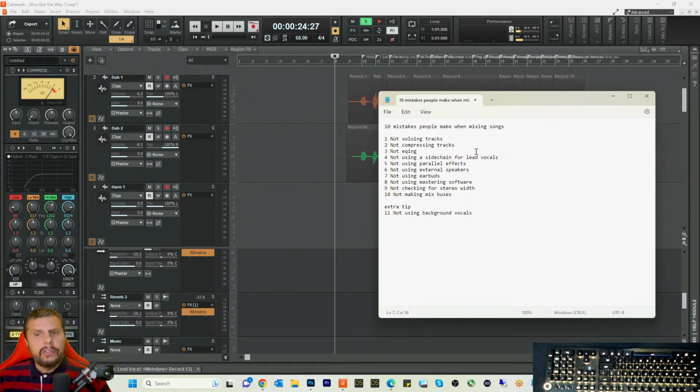So the thing is that a lot of people will just mix their song in earbuds and then it's done. And you can't do that. You can never, ever do that because there's one particular aspect of earbuds that you can't hear in your music. And that is the vocal to the music ratio. It's like, how much louder is the voice to the music? And the only way to tell that part is to listen to your song in external speakers. So what I will do,